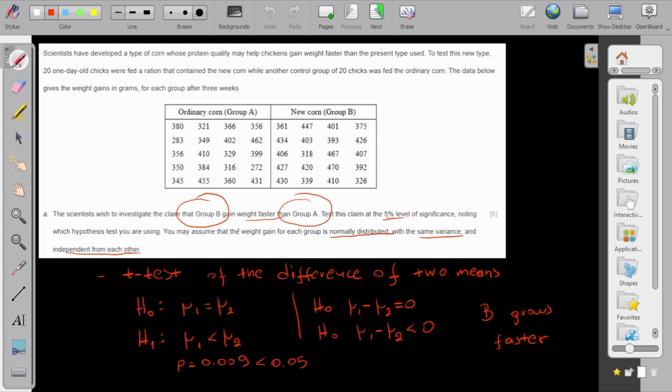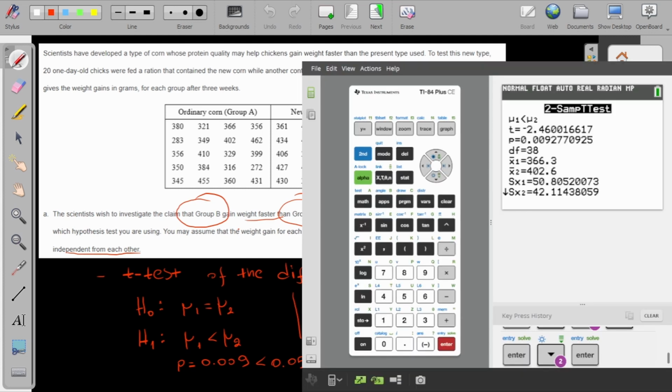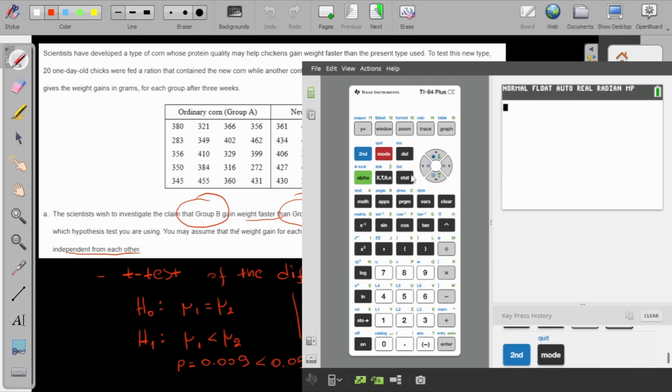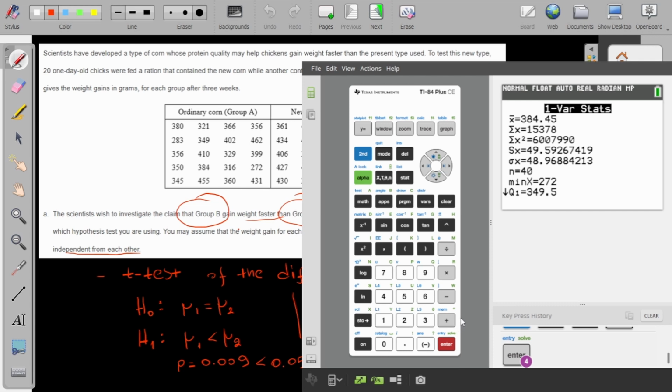Let me bring my calculator here. Now if you see, I'll go to the list here. I input all my data in L3, both of them. Now let me find the variance, the standard deviation. I'll go second quit, go to my stat and calculate one-variable stats. List is L3, calculate, and here I have my standard deviation, which is